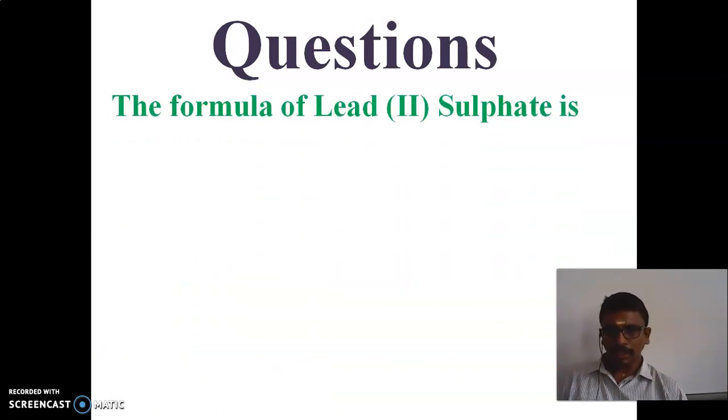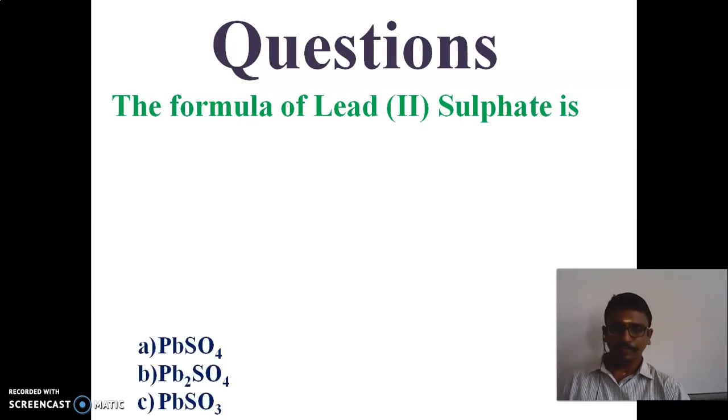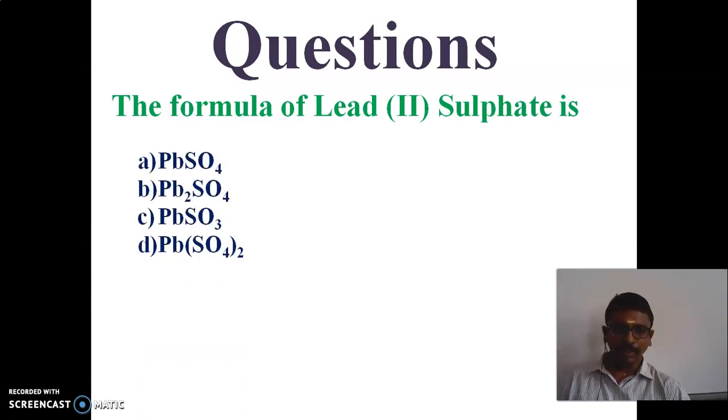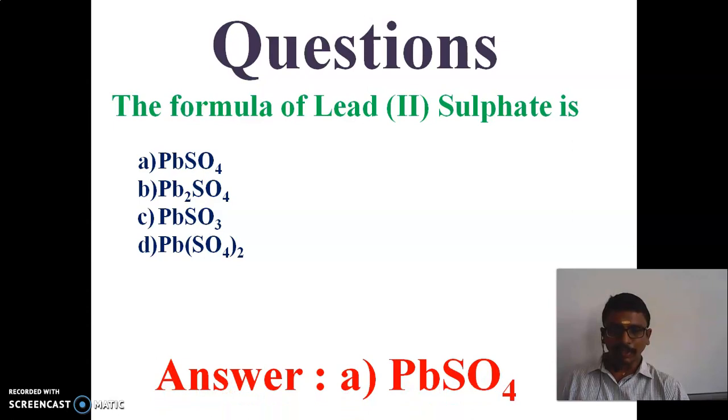So the last question will be the formula of lead sulfate. The lead formula is Pb. The valency is 2. The sulfate formula is SO4. The valency for sulfate is 2 minus. So the lead sulfate formula is